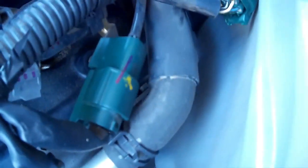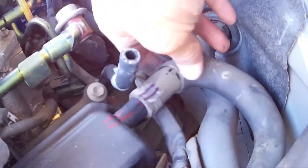I just made a line straight across. When I take it off, it lines up. Same thing with this hose right here. I just did that so I know exactly where it goes back, because I'm looking for connectors and stuff here,